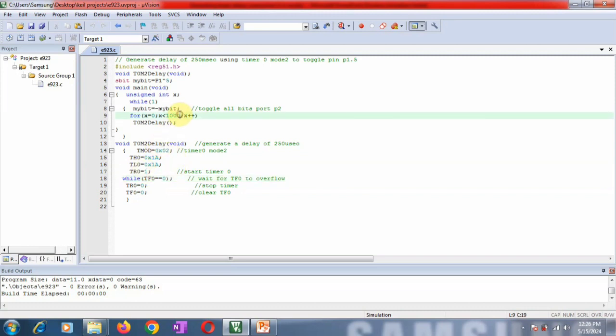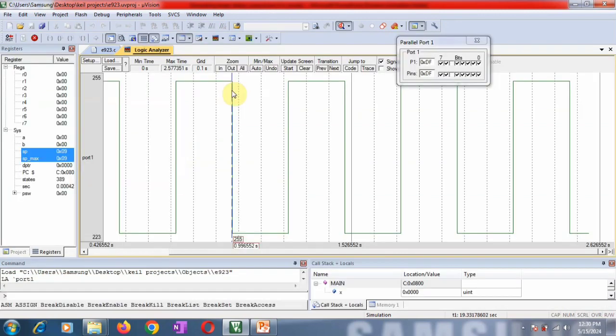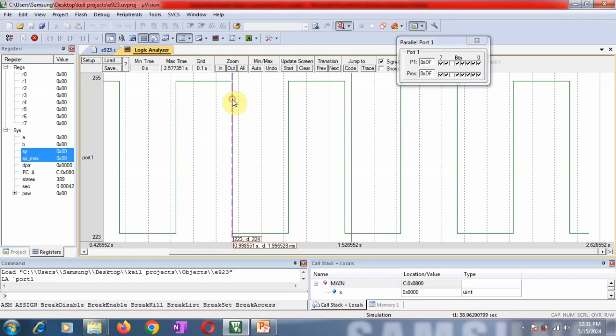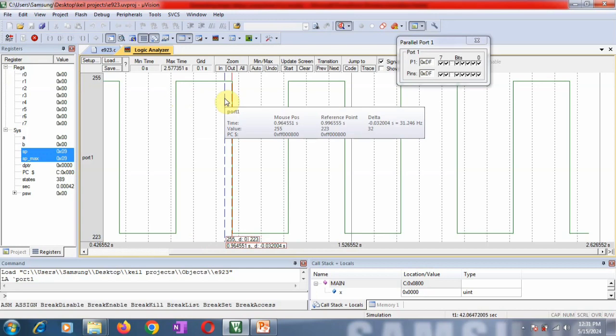So for adjusting that, you can adjust this count. Let us adjust the count. I have set the count to 900, and then if you can see here, now you get the delay of 0.251, that means 251 milliseconds. So this is how you can generate larger delays by adjusting the count in the for loop.